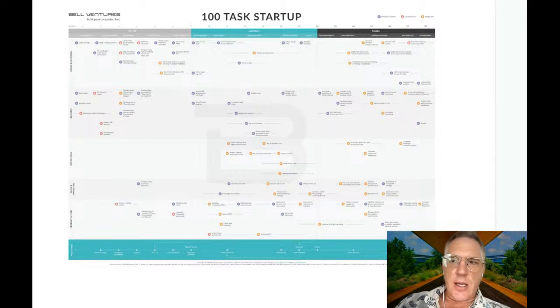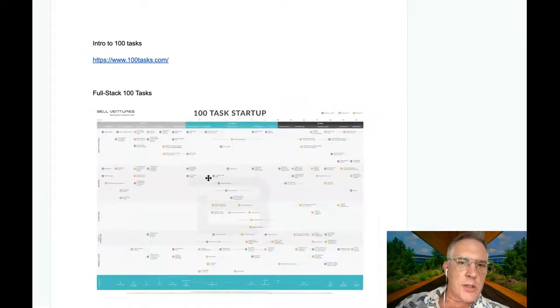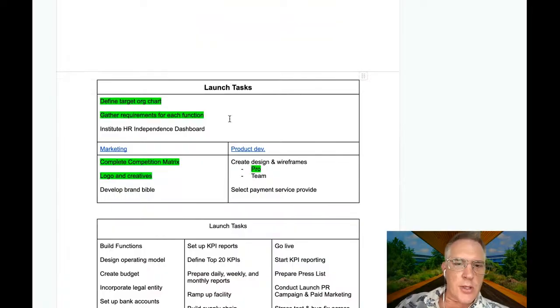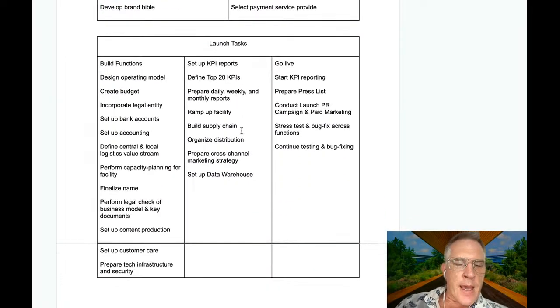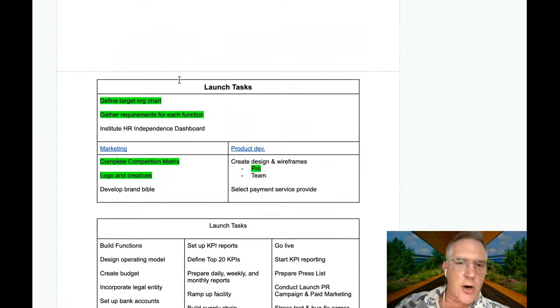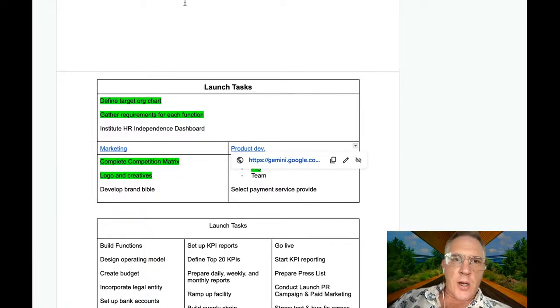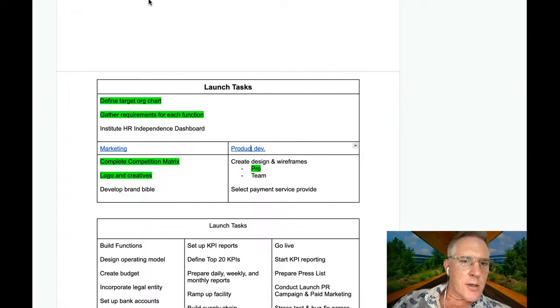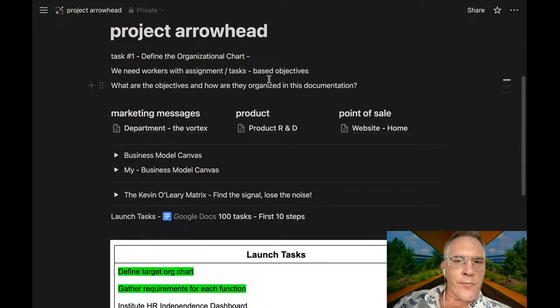Perfect. Okay, so that means I could pinpoint exactly where I am, which I did in yesterday's video. And what I discovered was that we're in the launch right now. We're in the launch tasks, and here's some future launch tasks that we can do, but not for right now. And then here's the current launch tasks that we're working on right now. And then I have an AI agent working on it here, and I have an AI agent working on it here. And I just realized I didn't update my Gemini subscription, so it's probably going to stop working. All right.